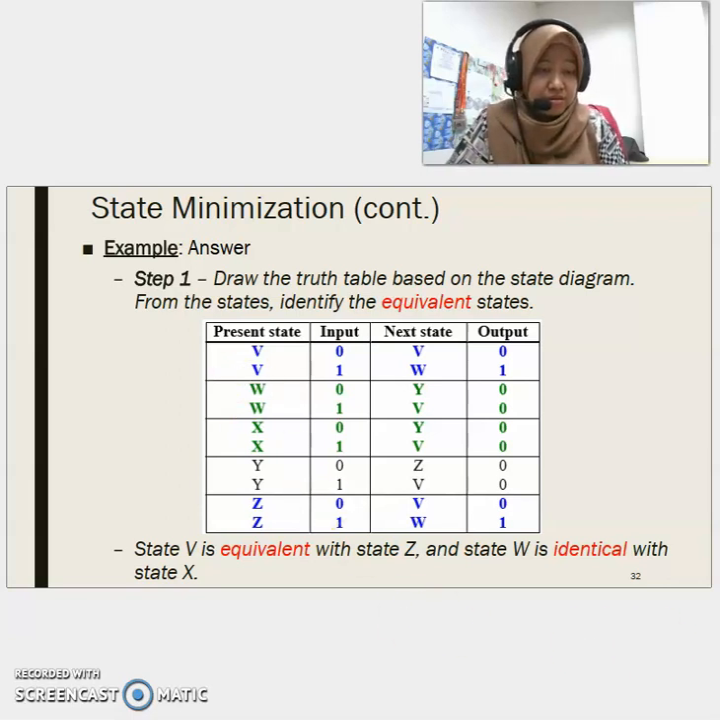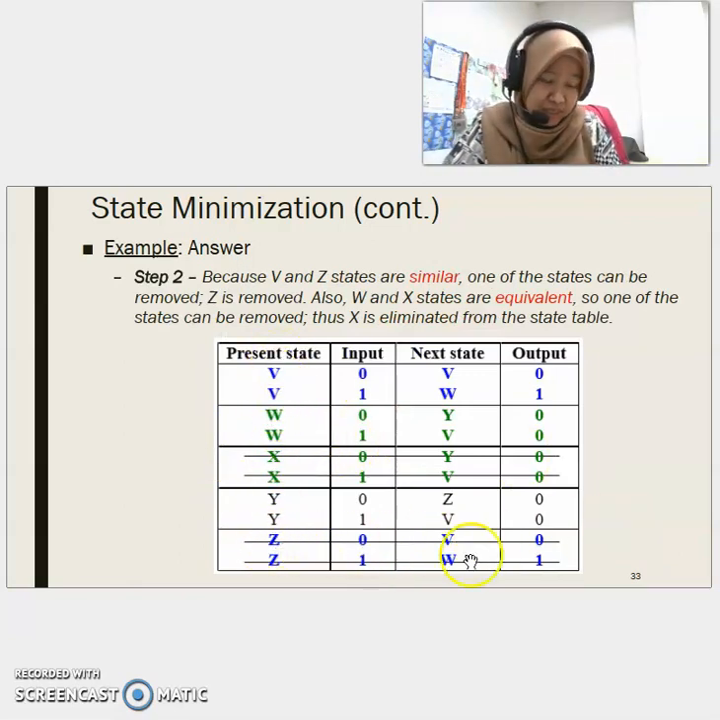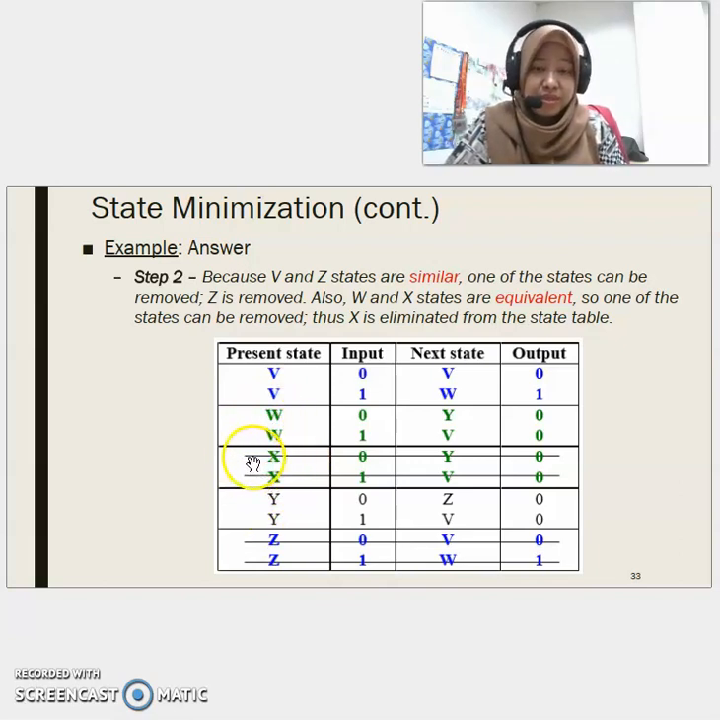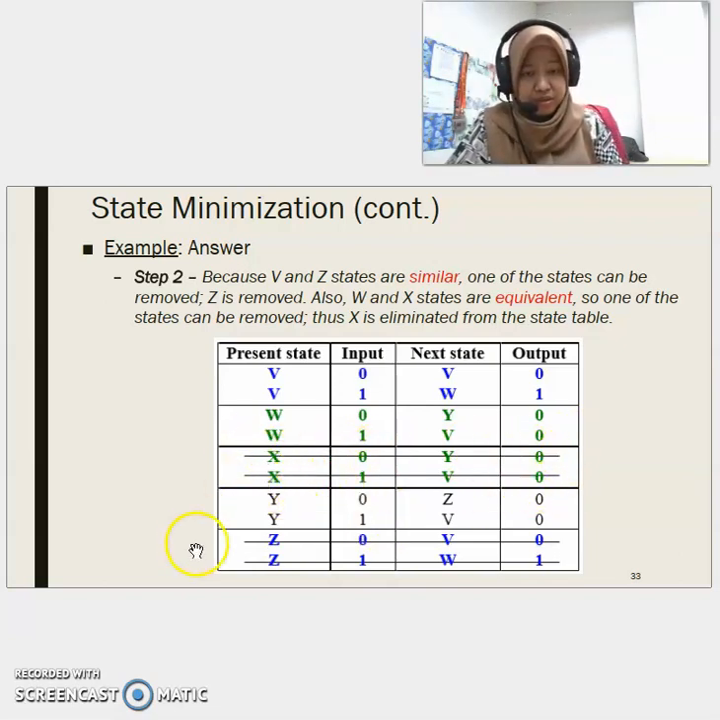Okay, for example, we eliminate, because we know V and Z are equal. So let's say we eliminate state Z. And because W and X are equivalent, another set, we eliminate state X. So when we do this elimination, where we eliminate these states,